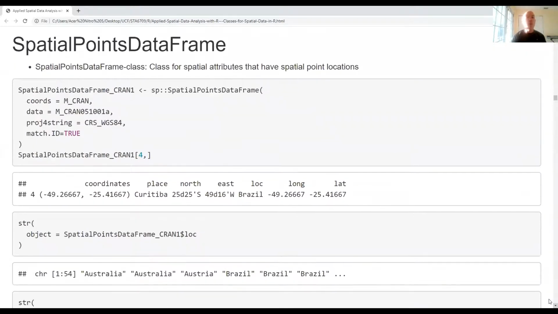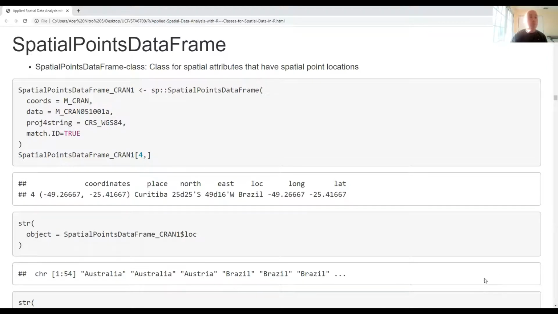All right, now let's look at spatial points data frame. Now this is where things start getting more interesting. What's going to happen is I'm going to have my spatial points, but I'm also going to have a data frame. And each row in my spatial points, each row for my coordinates, matches to a row in my data frame. And so under the hood, R is going to match them up by row position. And then if I want to start working from a data science point of view, this tells me the location, this tells me the informative statistics,